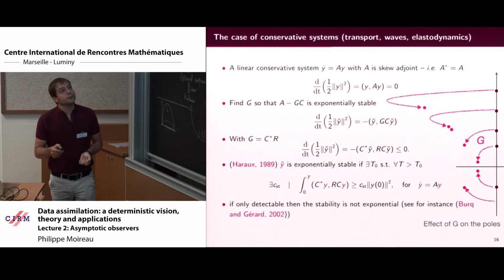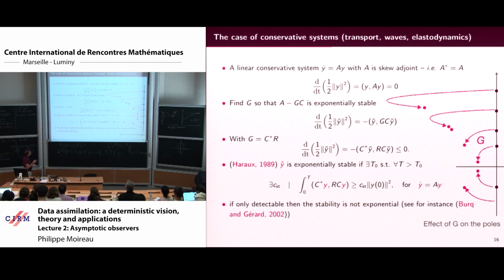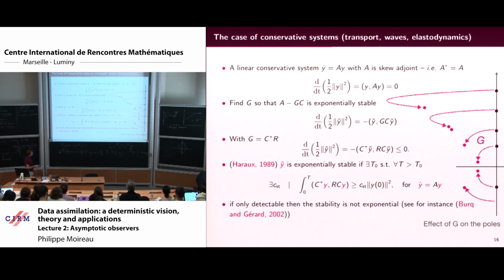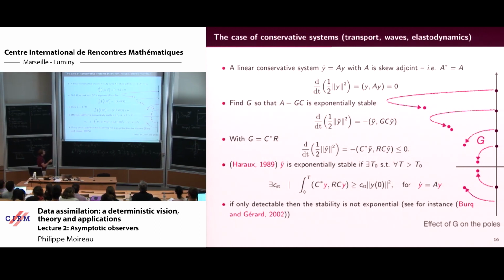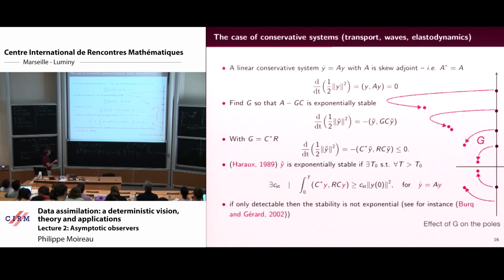My idea is to show you how it works for the specific conservative system. In the conservative system, the modes are here, like I said, and typically it's conservative because when A is Q adjoint, and when you compute the energy for the solution, you get 0. If you try to find a G so that the error is exponentially stable, the energy that you will retrieve is given by that, because the A part cancels. So basically the idea is to prove that this is negative. You want to find J in order to prove that this is negative.